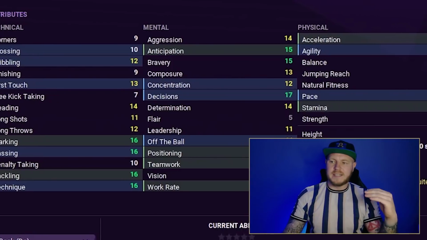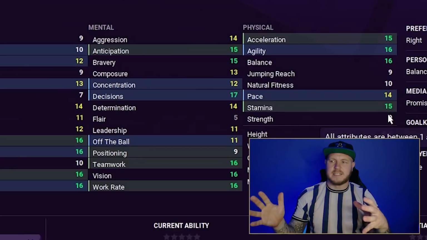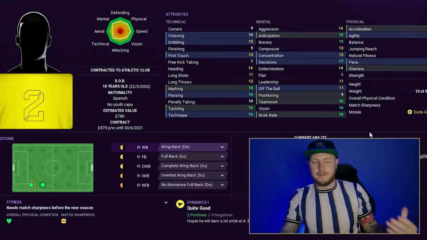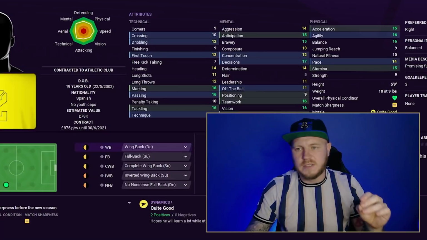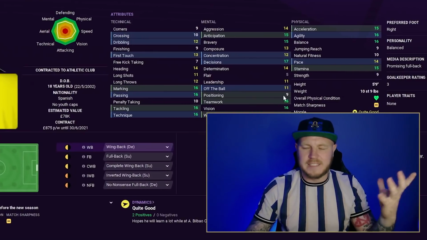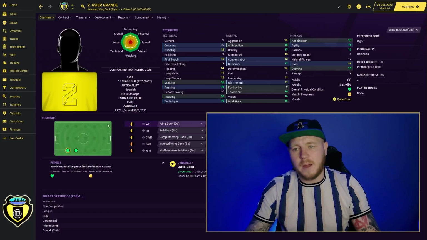There are some weaknesses, like strength might be slightly worrying, but again, this is when they're set to their maximum. Sometimes the attribute distribution works in your favor, sometimes it does not. Yours might be very different to that. This is just an example, because obviously with potential ranges, a lot of their attributes are not set in stone. They're flexible, variable attributes. So I think that's still a very good right back. I've been needing him in my journeyman save with Fiorentina,